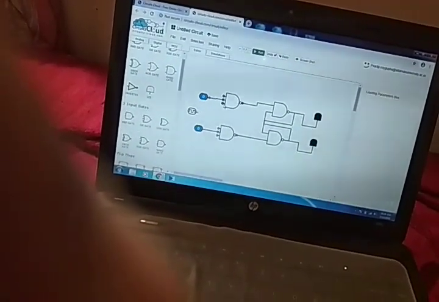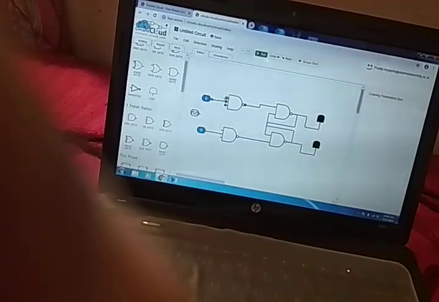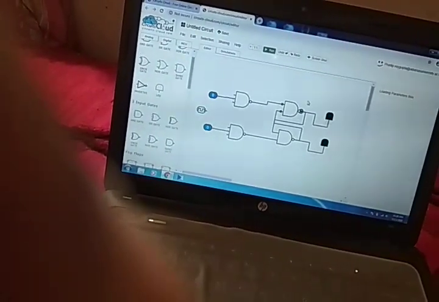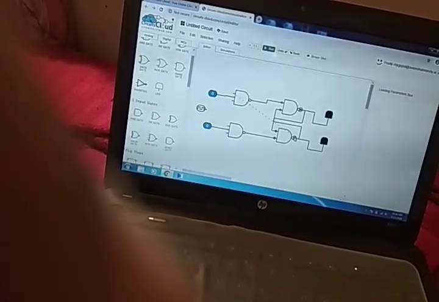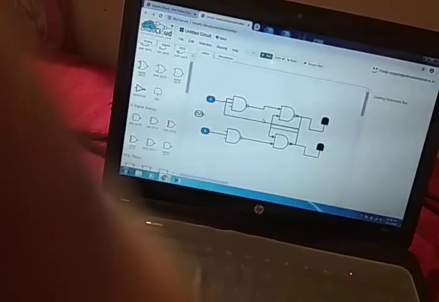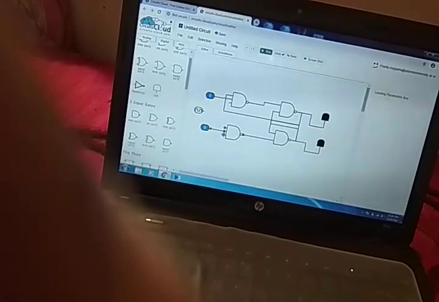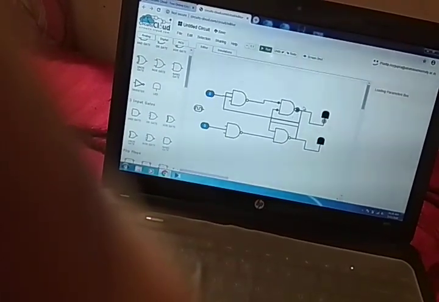Okay, there, and this line will be connected to this point, and this line will be connected to this point.